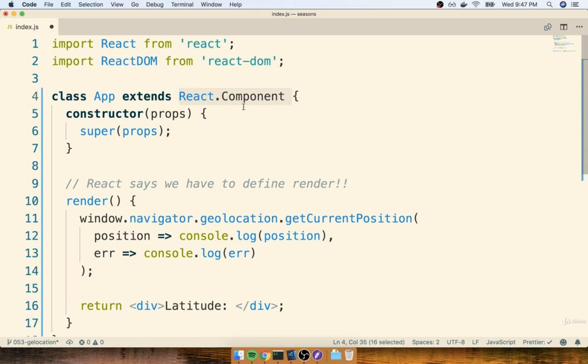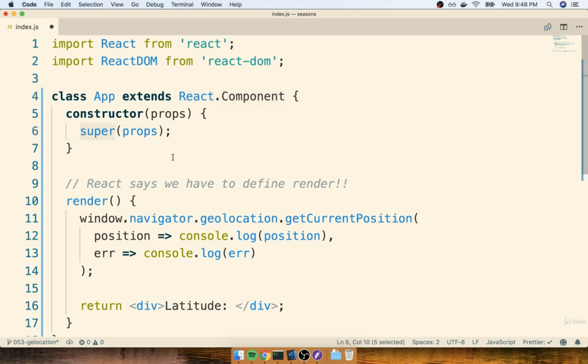This base class has a constructor function of its own that goes through some amount of setup, or has some code inside of it to set up our React component for us. When we define a constructor function inside of our app class, we are essentially overriding or replacing the constructor function that is inside of the React.component class. But we still want to make sure that all the setup code inside of this thing's constructor function still gets called. So to make sure that the parent's, or React.component's, constructor function gets called, we call super with props.